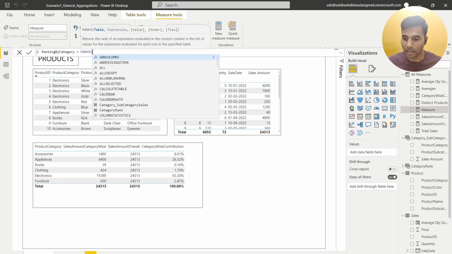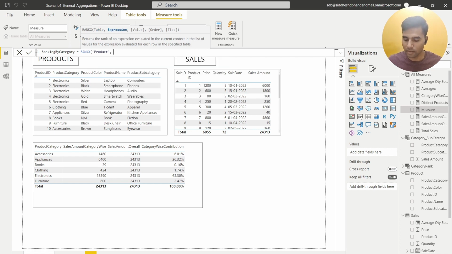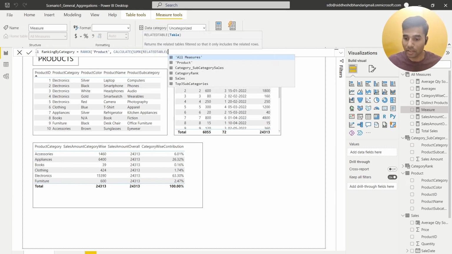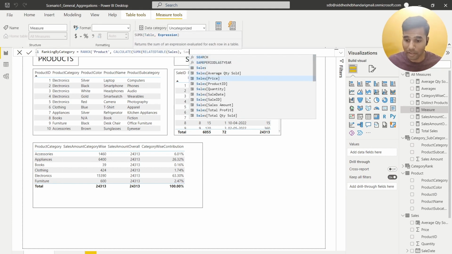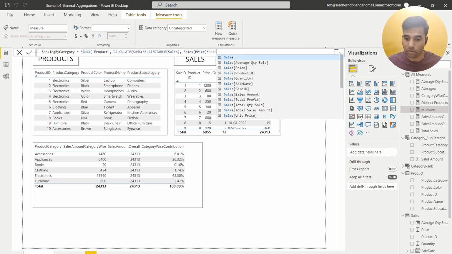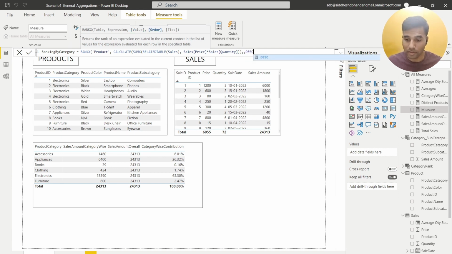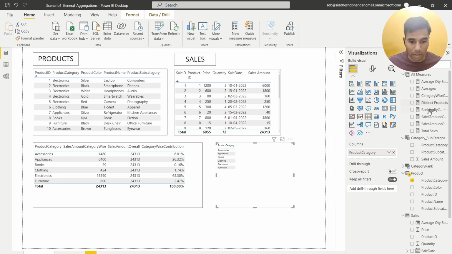So the function name is RANKX. The first argument is obviously a table. So I'll use the product table. The expression is going to be the sales amount. So how do we calculate the sales amount? I use the SUMX function. I use the RELATEDTABLE sales, just like we have been doing in this demonstration multiple times. Sales price into sales quantity, and then once I wrap this thing, I'll choose the order as descending. I'll close the bracket, and then I pull the product category from the product table, and I pull the rank